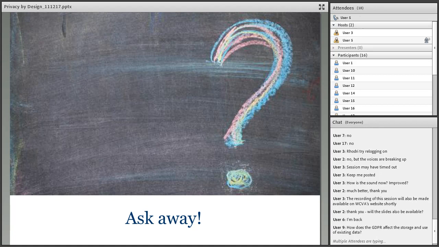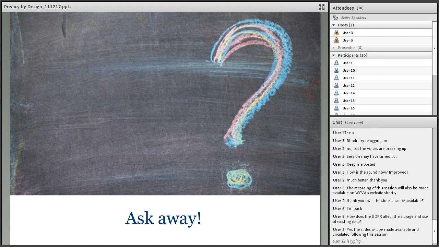And the final point that I wanted to make is that you can do a search online for privacy impact assessments, because a lot of public authorities, if they complete privacy impact assessments, will publish them and make them available. So it might be worth you having a look at that if you're not familiar with how they work at the moment.